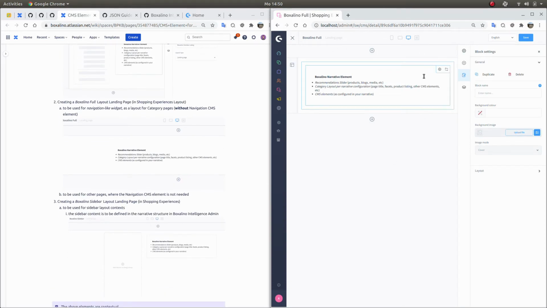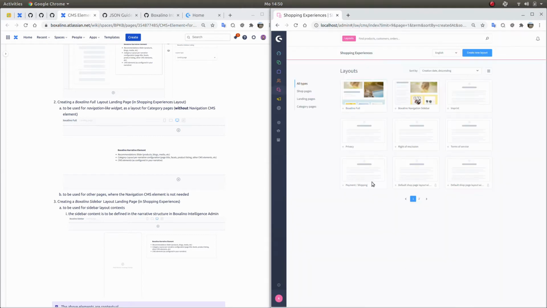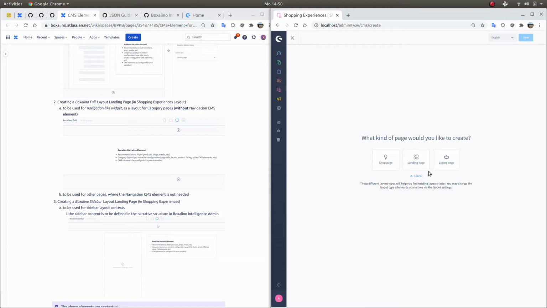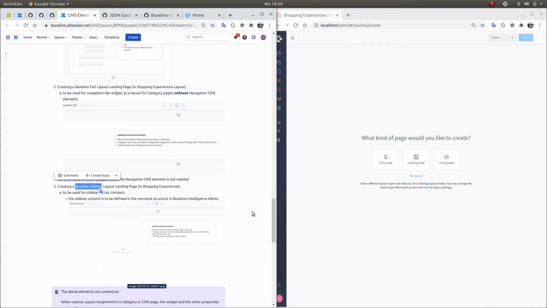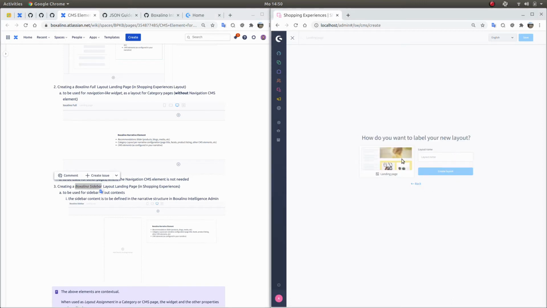Whichever property we are defining here for the shopping experience, we can always rewrite them on the category page when actually using the layout. The third layout is called Boxalino sidebar, which is a layout landing page once again, sidebar,